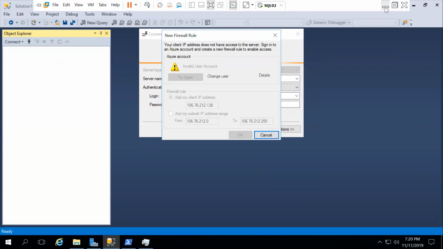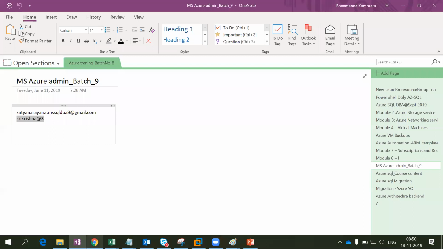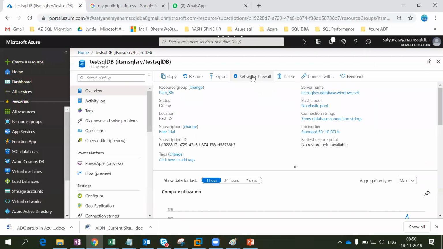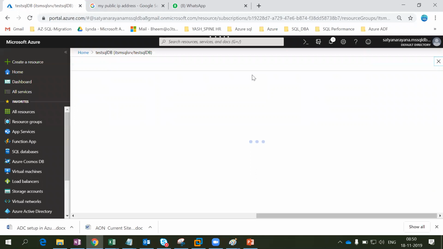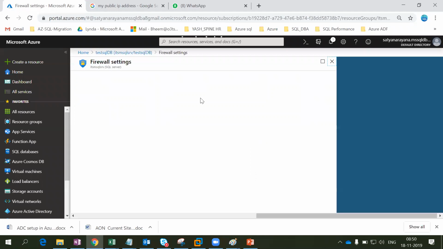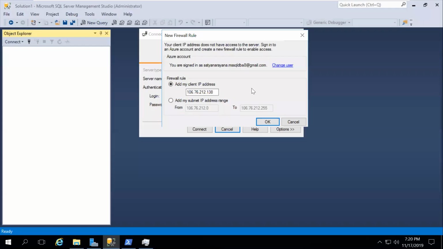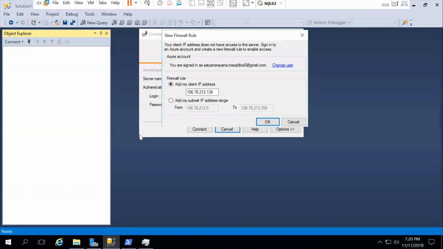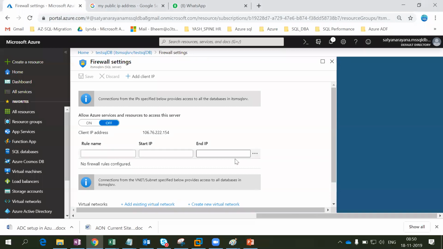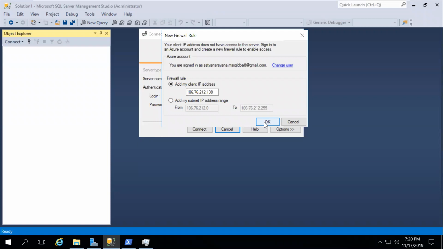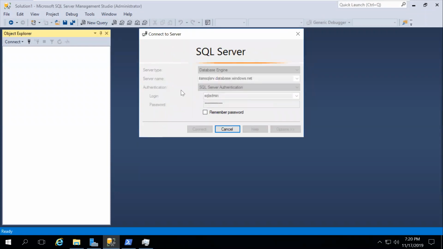So let's see. Just before this, I deleted that public IP in the portal end, set firewall, and if you go and see this, the IP is going to be added automatically over here. Then after that, for the database connection, just click OK. So it is going to add this IP. Let me show you guys. There is no IP to add, right? Just clicking here. How beautiful it is. It is completely going to log in.